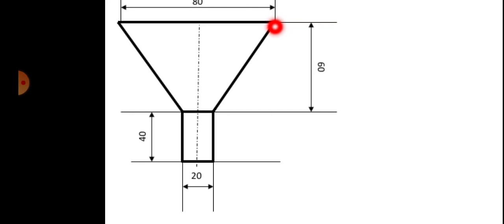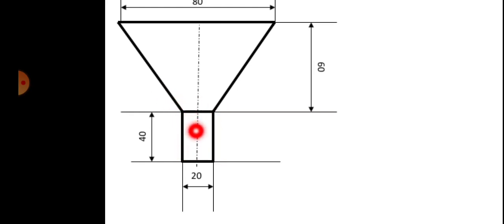So what I have to do now, properly, that's what I told, not a rough sketch, properly you have to draw. This is 80 and this height has to be perfectly 60, and then from here you draw the line till here, no? The same line has to be extended further, and this line also has to be extended further, so that they meet at one point. So that is a complete representation of the cone. Okay, so the complete cone was there, but we had to cut this cone till here so that we can use that as a funnel, isn't it?